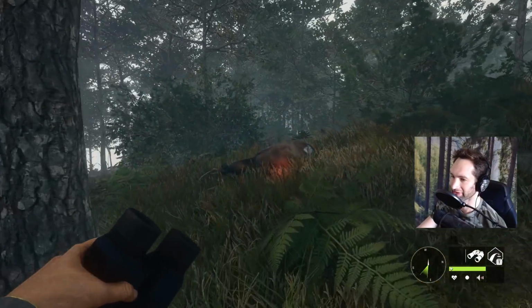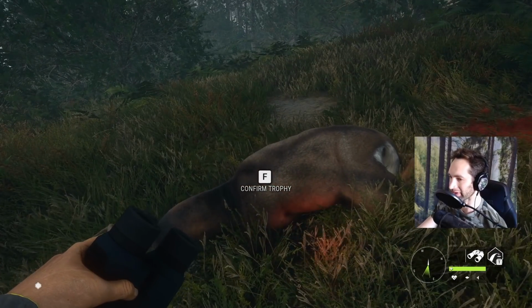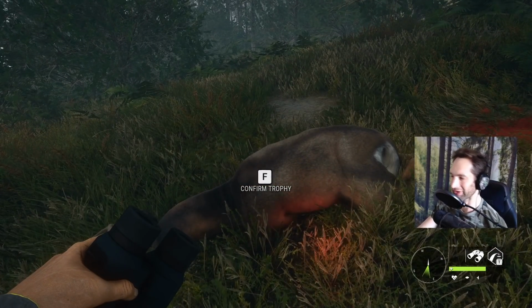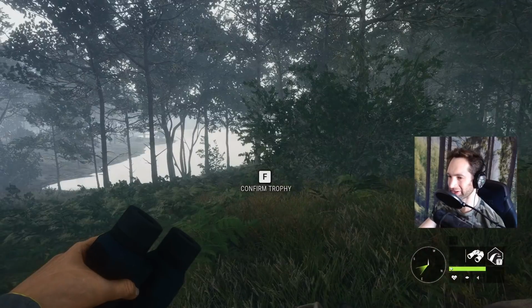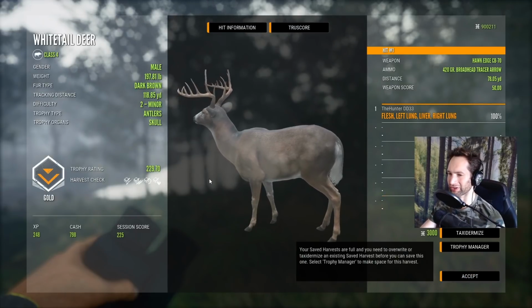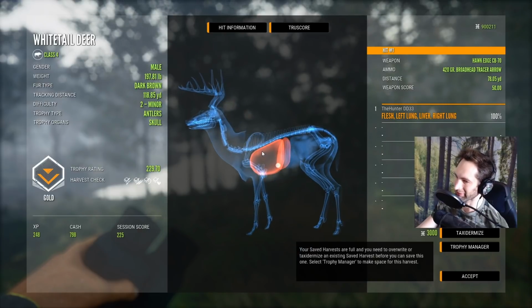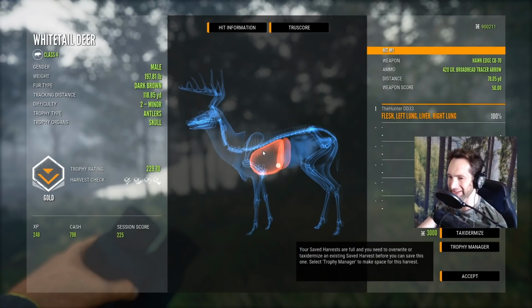All right, here he is. Let's have a look. I kind of centered him. I hit him a little further back than what I would like, but he was broadside, so I figured, well, we're at least going to get liver in a single lung. Let's find out where we actually did hit, and that's going to be, oh wow, a double lung and a liver shot. So I knew I hit him a little further back, but still, what a perfect shot there. Smoked him at 78 yards and a